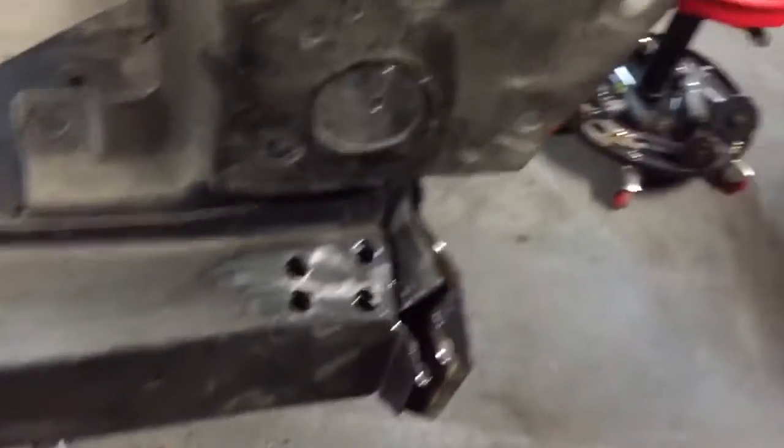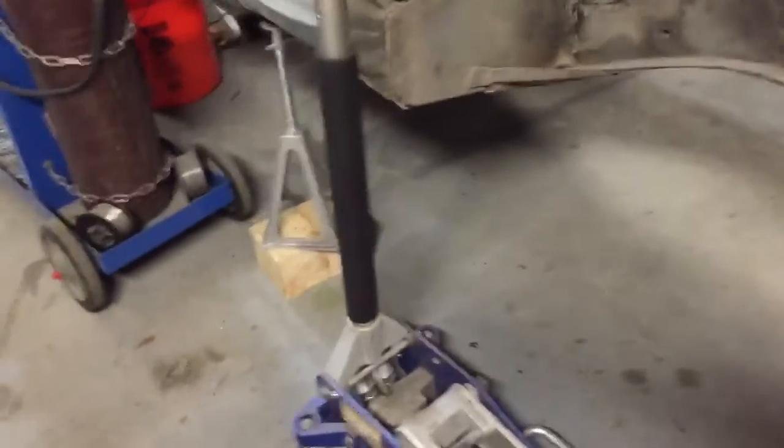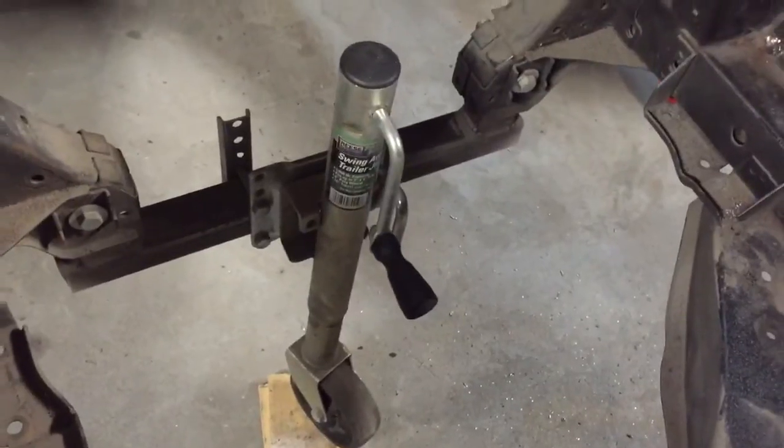But anyways, up front, I've been drilling these spot welds in these front aprons. Got all those knocked loose. You can see it there. Just gonna knock them out of the way. This front end, I drilled those, knocked them loose, drilled out underneath, knocked it loose. It's hanging. I've got the car suspended on these little RV supports, these little stands. I've got them in 4 locations up front. Hopefully those will support it, because I've got to end up taking out my awesome trailer boat jack so I